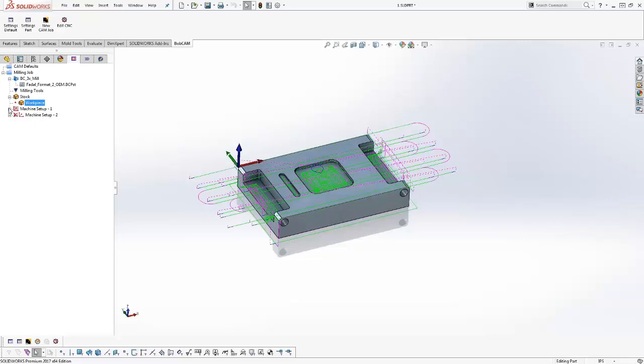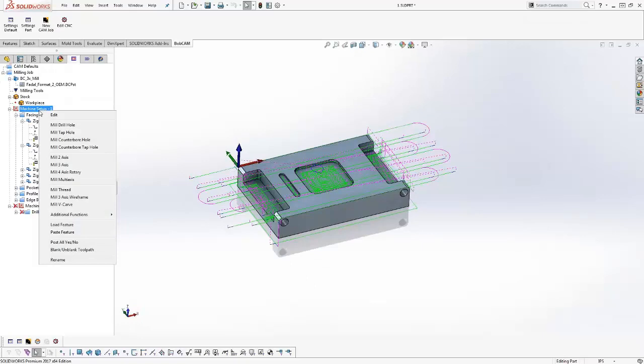Now, I want to talk about the job setup. I already have a job setup here, with some toolpath on the screen. There are a couple of things I want to talk about with that. The first thing is hiding your toolpath. I feel this is very important because I like to isolate geometry. I like to isolate toolpath, and the easiest way to do this is to blank and unblank your